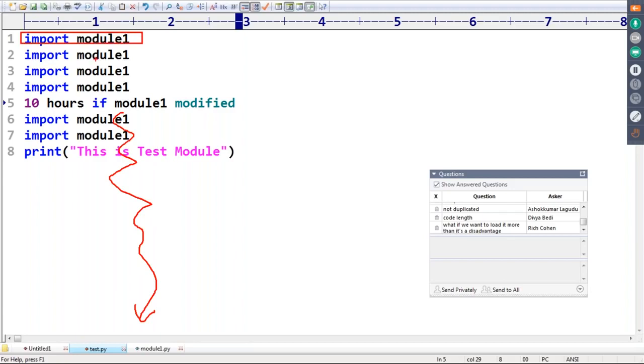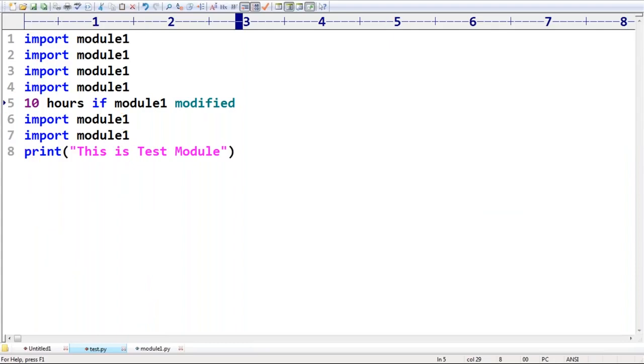Only that .pyc file is available to our program. Even though it is modified outside, we can't do anything. The old version is already loaded, and you have to use that. So the problem in this approach is, once the module is loaded, if it is modified outside, the updated version is not available. Everyone can understand, right?